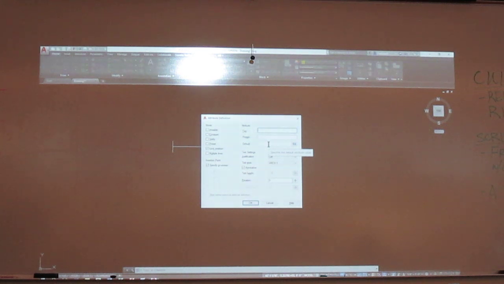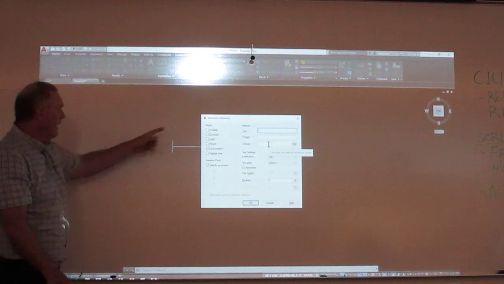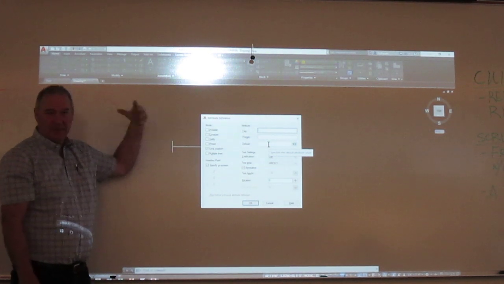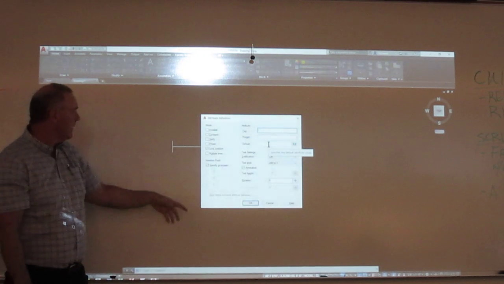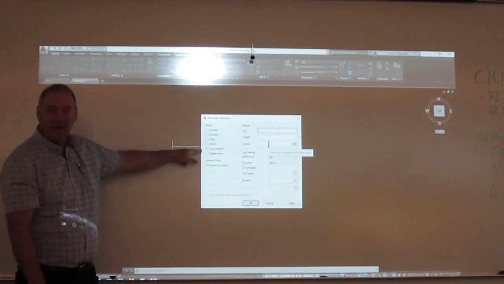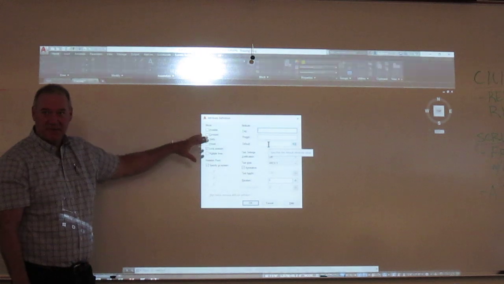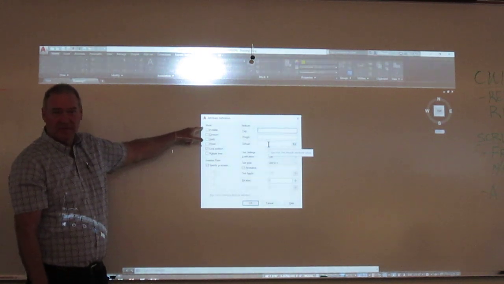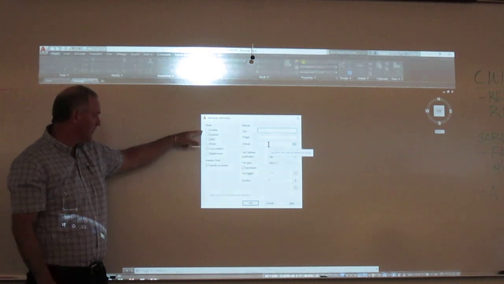Now, there's a couple things in this box before we fill it out that I want to point out. Over here on the left is how this is going to work, whether you want to see it, whether you want it to prompt you for it, all of this stuff. I would recommend you kind of just take the presets here. As a general rule, we don't want to see them, so we take them invisible, but we can turn that off with attribute display.